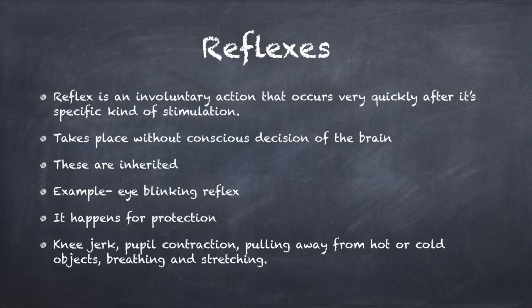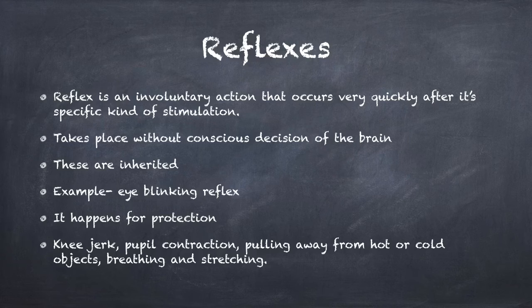Why do you have reflex action? So that it protects the organism from potential threats and preserves life. Otherwise it will take a long time for the information to pass to the brain, and we will take more time to react. So reflex action happens automatically without the involvement of the brain. It saves us from potential threats.